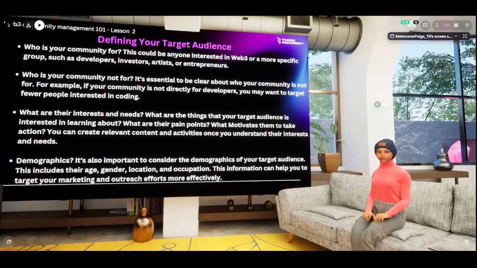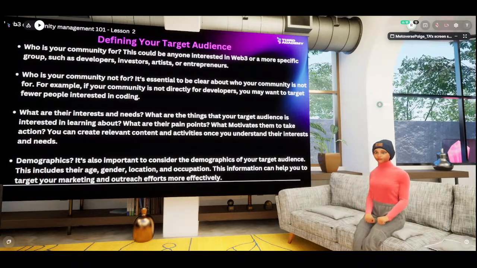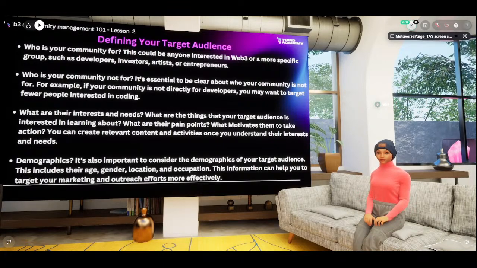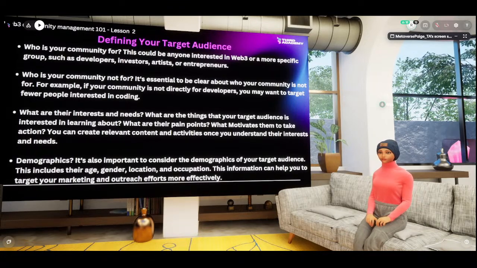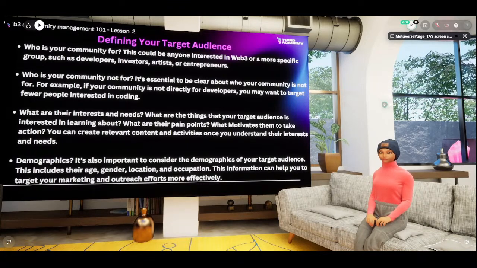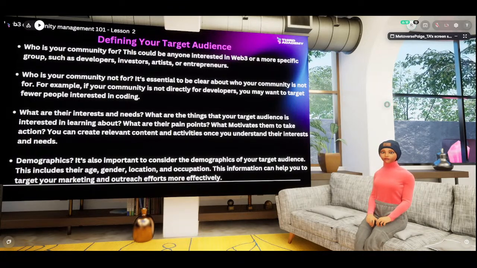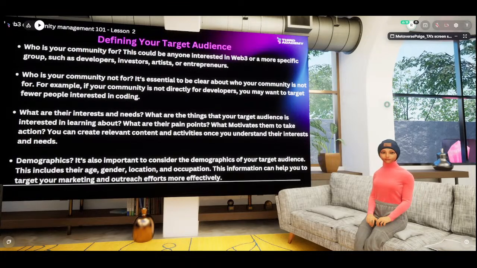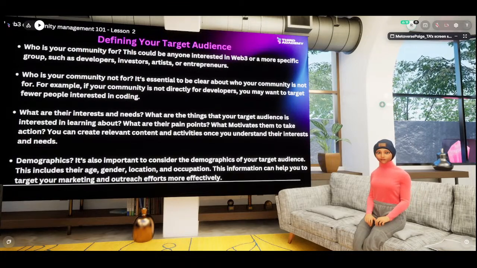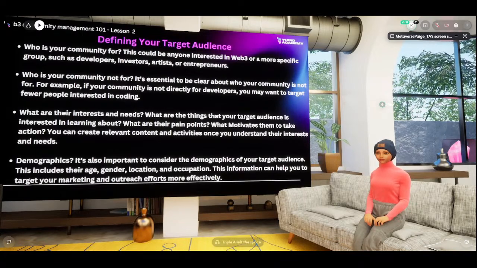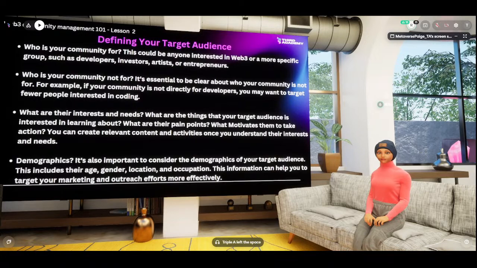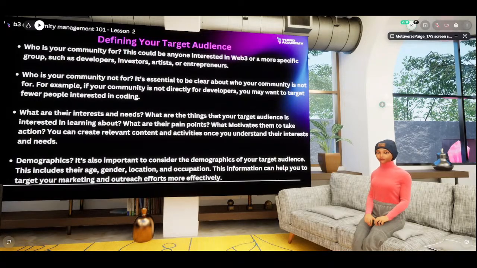One of their target audiences would be developers, because they want people to build, as well as investors, and NFTs to artists too. So in that case, they have different target audiences, and the content they put out to these different kinds of audiences will vary. The community manager, for instance, will not put out content for developers for the average investors.